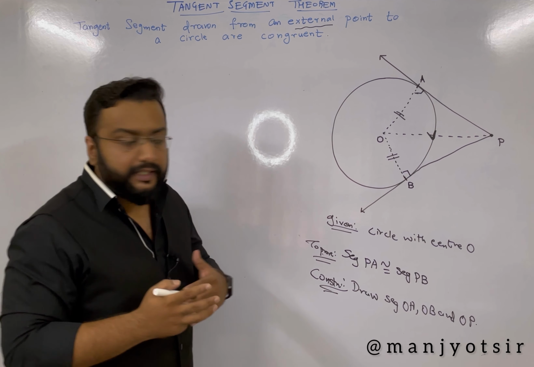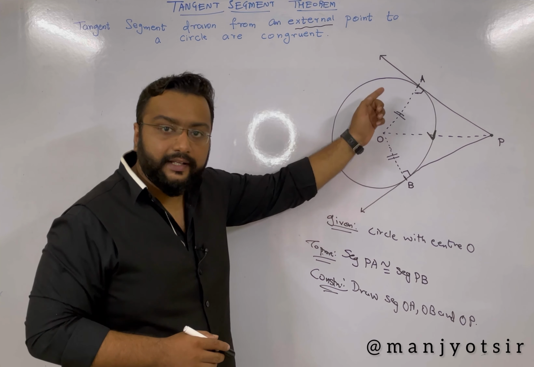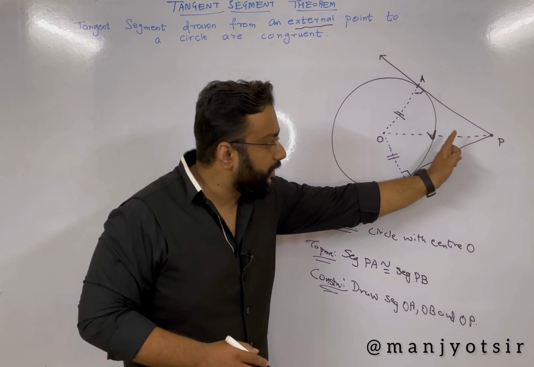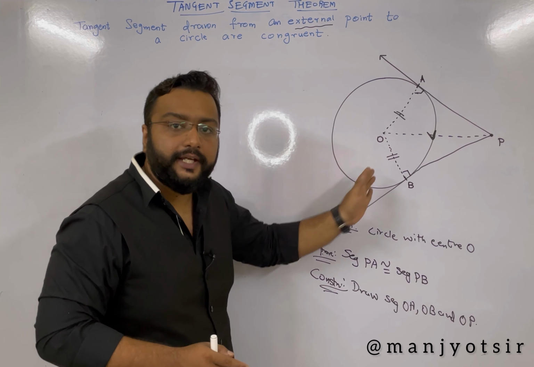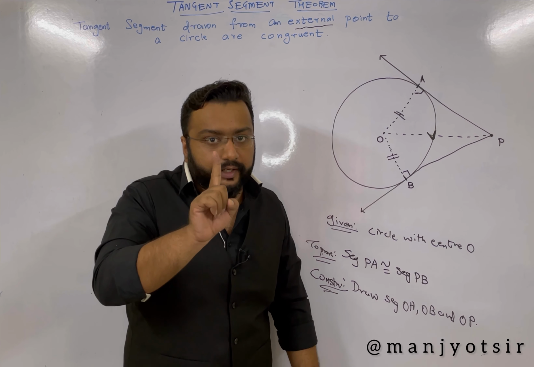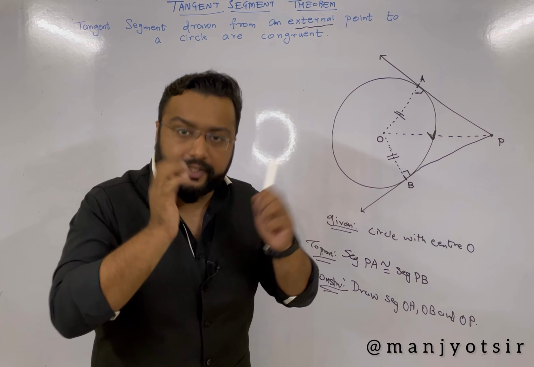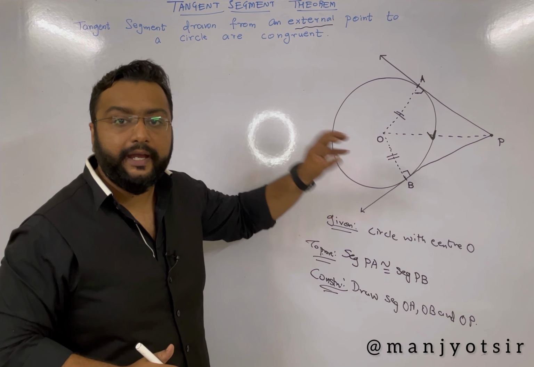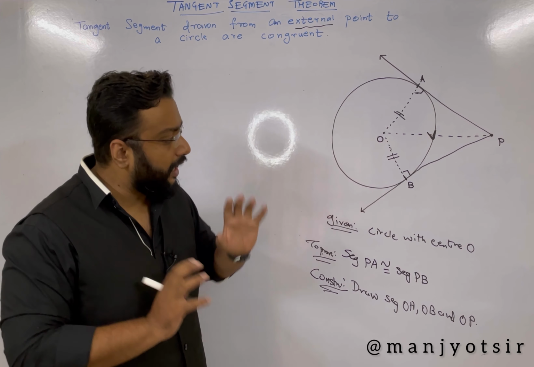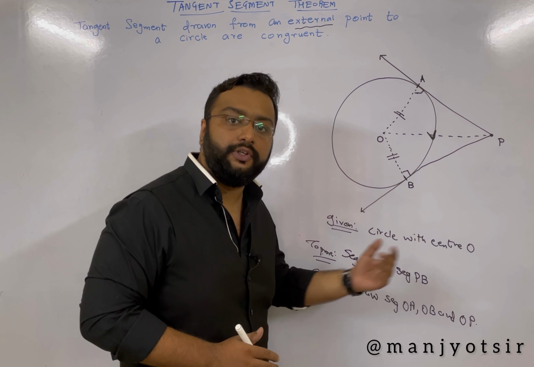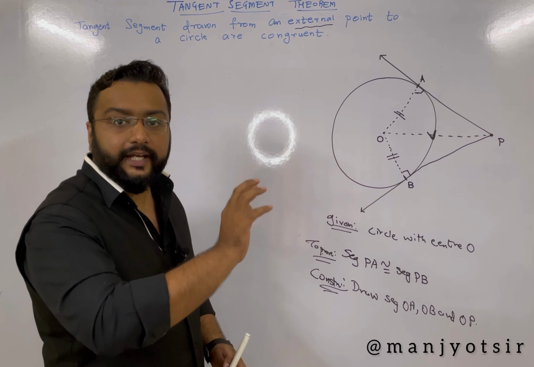Now let us think by which test these two triangles are congruent. First we have right angle. Then we have hypotenuse. If you observe, OP is nothing but the hypotenuse. That means hypotenuse is congruent, and we have one more side to be congruent. So we have right angle congruent, hypotenuse congruent, and one more side. That means it is nothing but the hypotenuse side test. So these two triangles are congruent by hypotenuse side test. And since these two triangles are congruent, now we can say that segment PA is congruent to segment PB by CSCT, corresponding sides of congruent triangles.